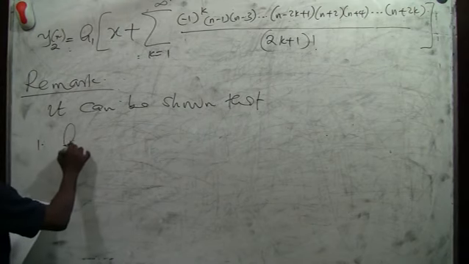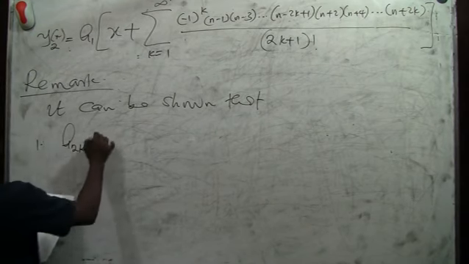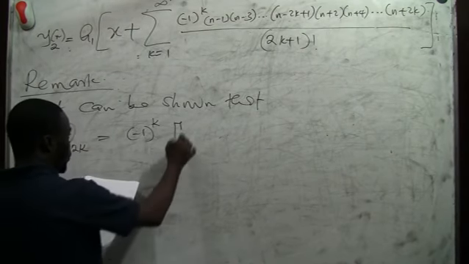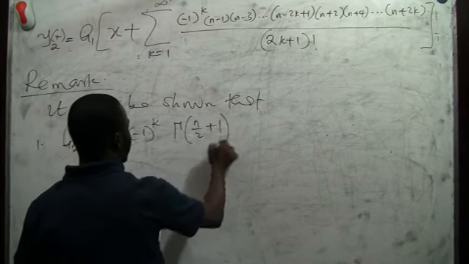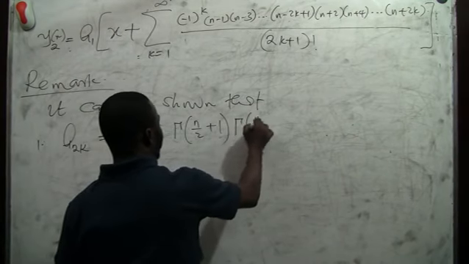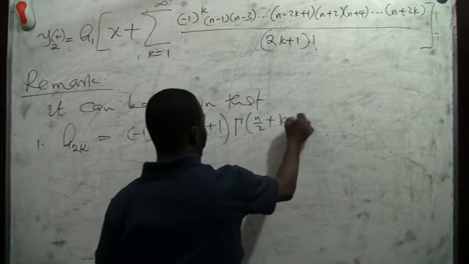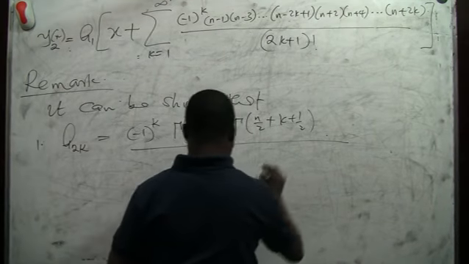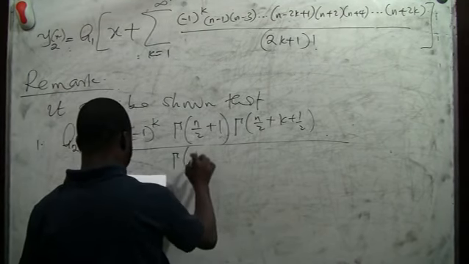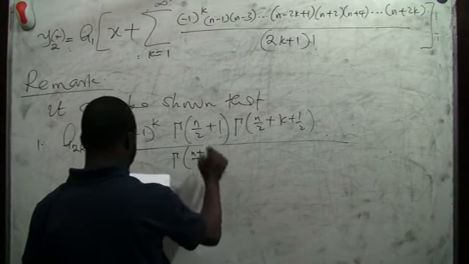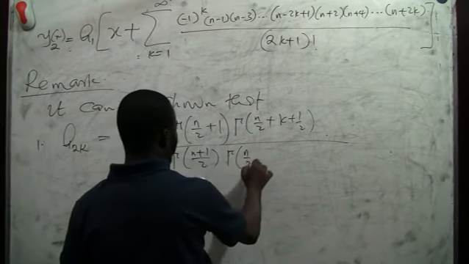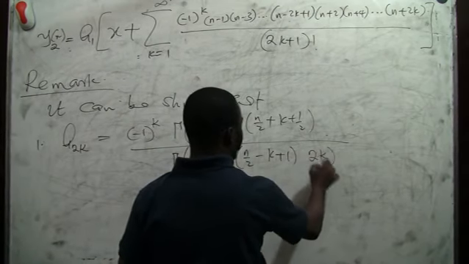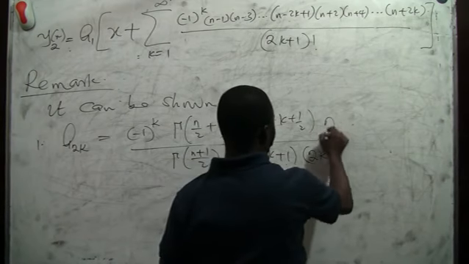our even coefficient can be written as minus 1 raised to power k, gamma function of n divided by 2 plus 1, gamma function of n divided by 2 plus k plus half, all divided by gamma function of n plus 1 divided by 2, gamma function of n over 2 minus k plus 1, 2k factorial, then we have 2 raised to power 2k